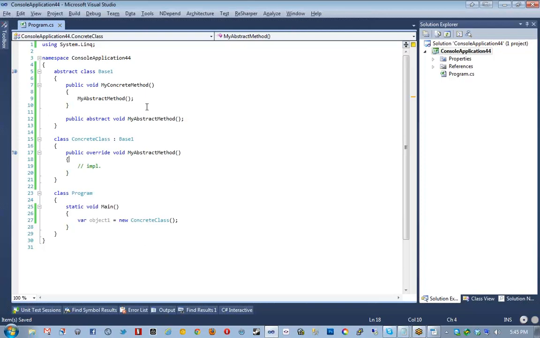So what you would do is you would factor that out into an abstract method, and then in your concrete classes you would provide your own implementations of that. There are another few important things about abstract methods. For example,